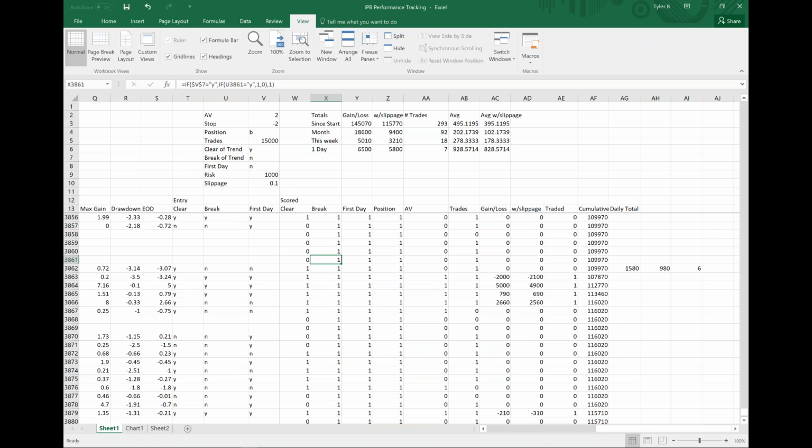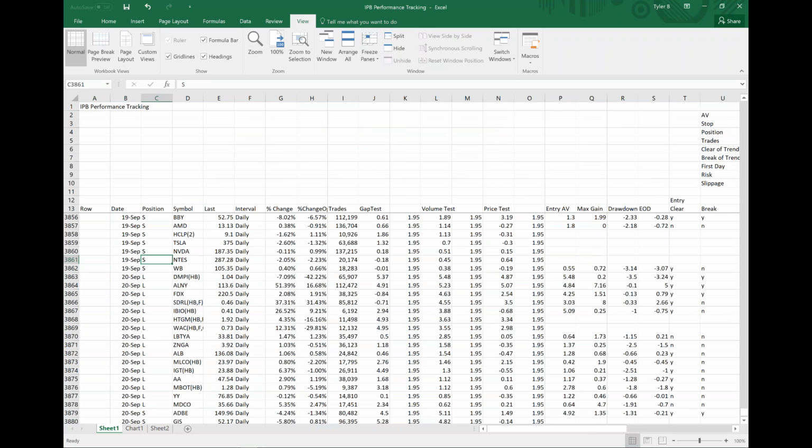This is the spreadsheet I've developed for one of my day trading strategies. And I've got all these different indicators here. So here is the watch list from today, September 20th. And you can see I've got percentage change from the open, number of trades, some different statistical measures that I track, the abnormality of it on an entry signal, the max gain, the max loss.